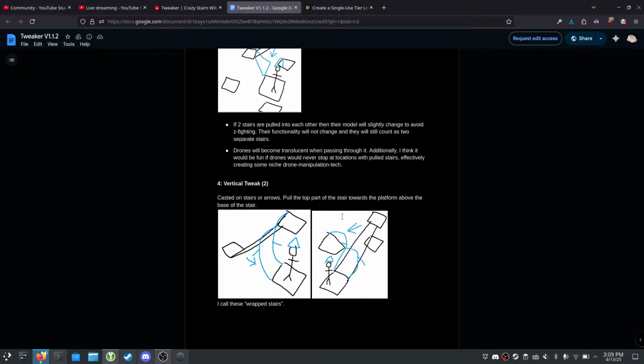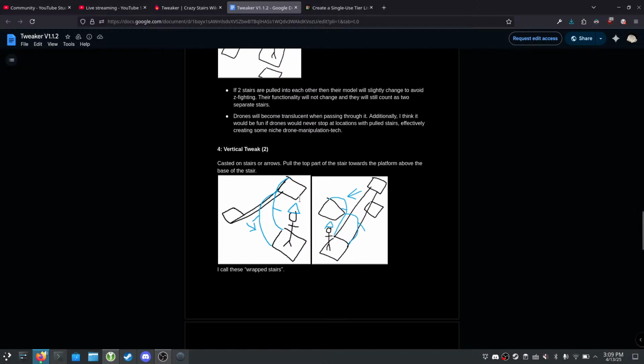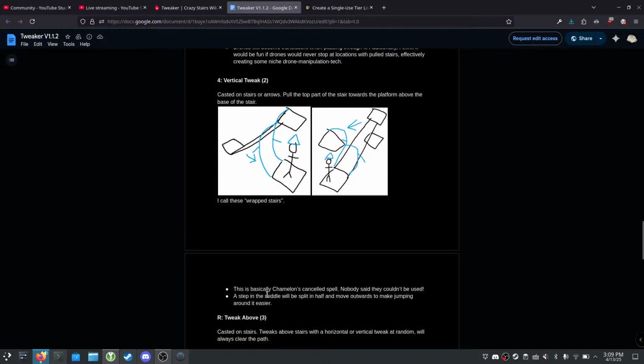Cast it on stairs or arrows. Pull the top part of the stair towards the platform above the base of the stair. This one is slightly less easy to visualize, but I think I kind of get it. It's also kind of like that Splicer spell. Except, I think the Splicer is 2. I can't remember. I think the Splicer is 2, and this one's only 1. But yeah, this one has a lot of...